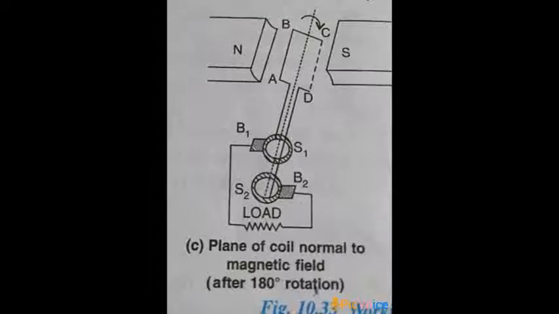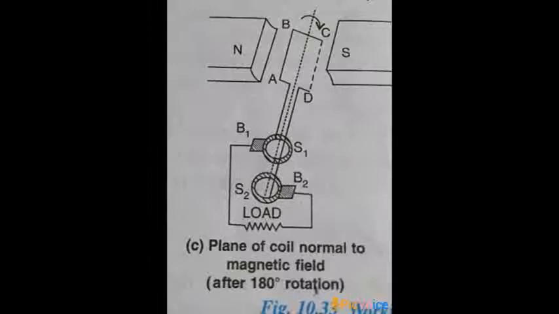But now when it comes back to the original position, how many degrees has it rotated in total? 180 degrees. Okay, it was vertical, from that 90 it became parallel, again one more 90 it became vertical again. So 90 plus 90, total rotation 180 degrees. It comes back to the original position, and so the magnetic flux again becomes the maximum like before, and now the difference, the rate of change of magnetic flux will be 0, and hence there will be no current induced and the current will fall to 0 over here.